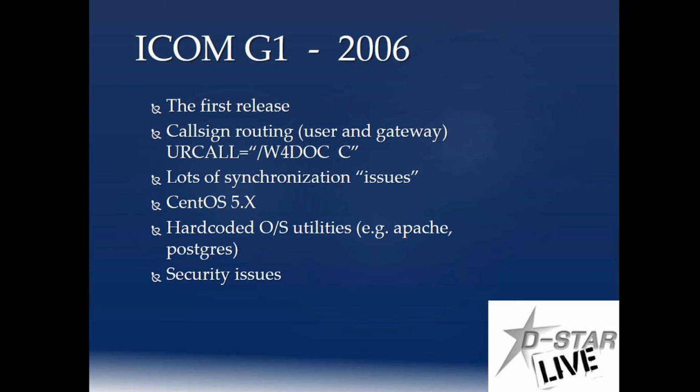When it first came out, the version 1 or G1 of the software, it was really designed for Japan and the way Japan does repeaters, which is very different than anywhere else in the world. They have locked down their repeaters. They have control by their equivalent of the FCC on the repeaters. They really limit the types of things that you can do with the repeater so that they had a very stable network.